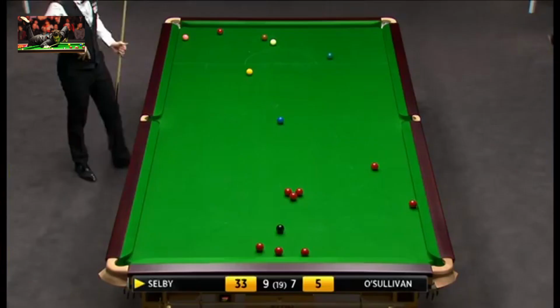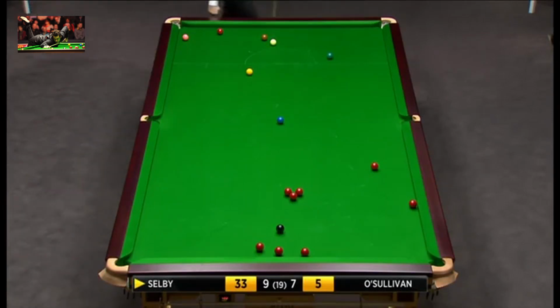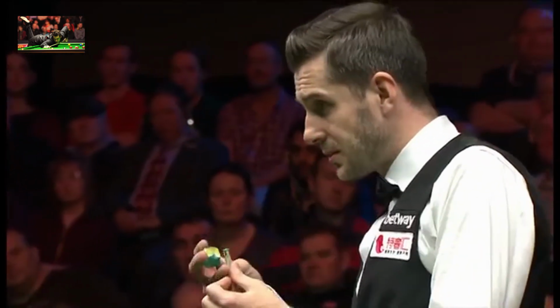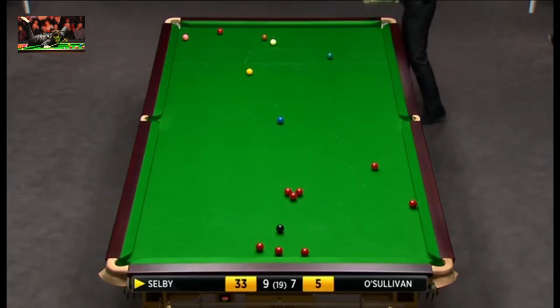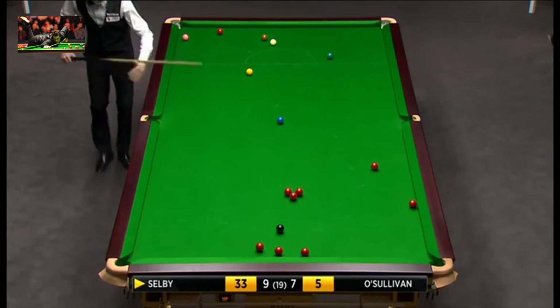He's just, I think, steadying himself. He's not rushing into anything here. He knows that this frame will give him his second UK title. So he's just taking his time. He's got a slight angle. He can force this red in and get on the brown. He'd love to have been able to force it in and